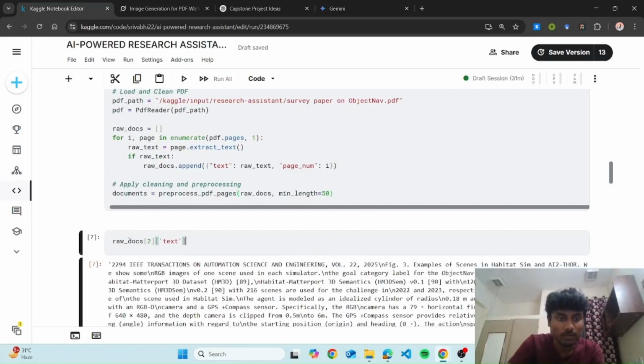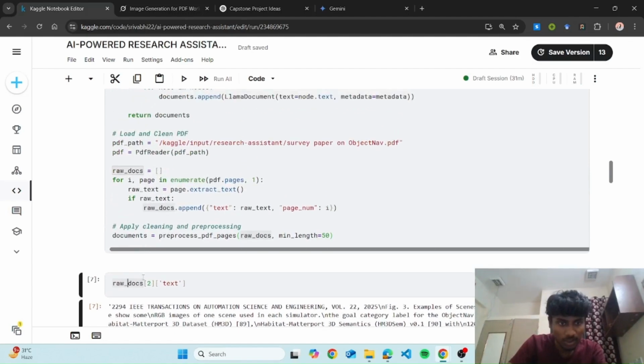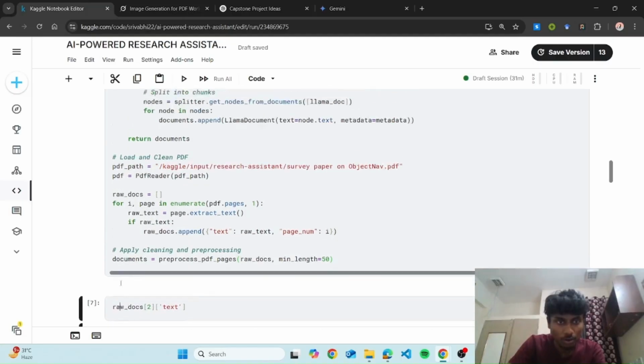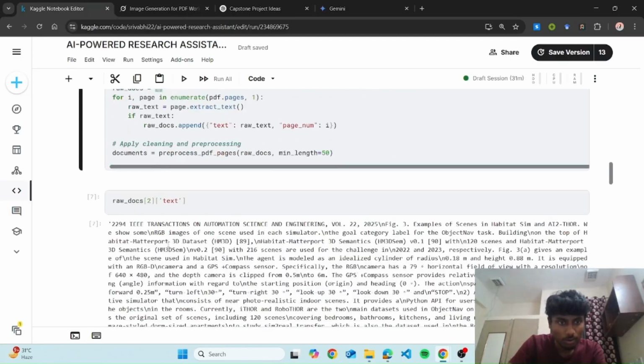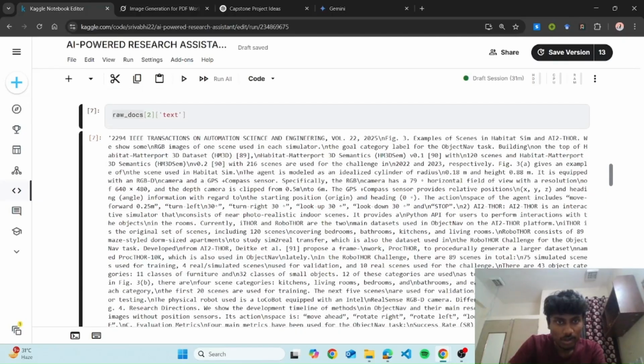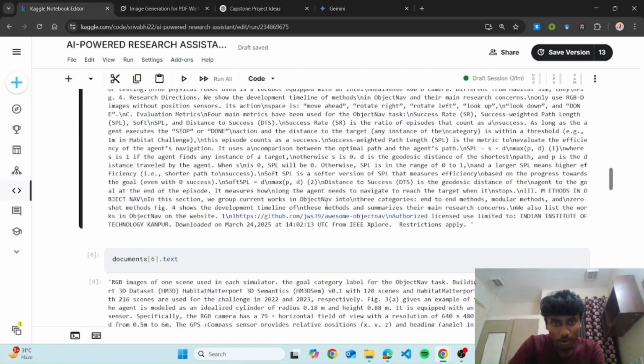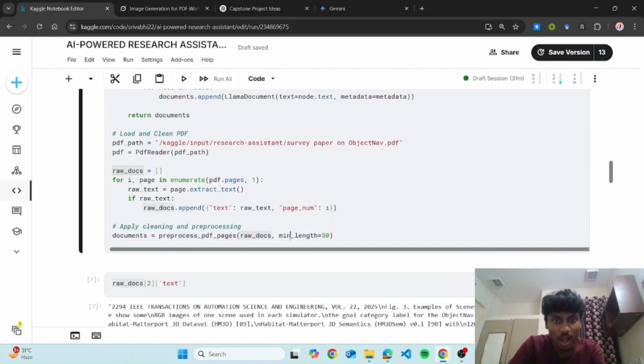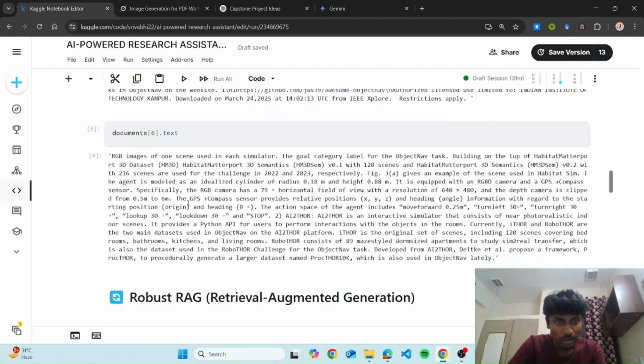So after that, if I show you the result, this is the raw text from my raw document. This is the original text, pure, unclean text. Here many errors are there. Like this is one of the headers. This is a figure caption. These are the citations, all that stuff. But after cleaning, the documents which we get after cleaning or pre-processing,